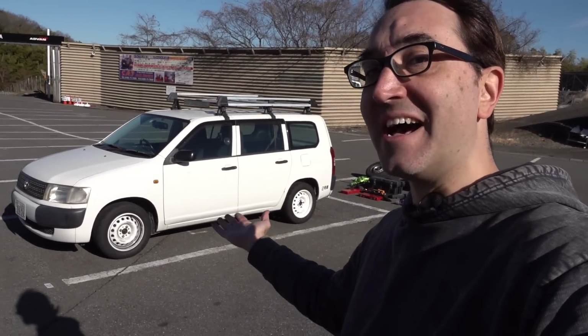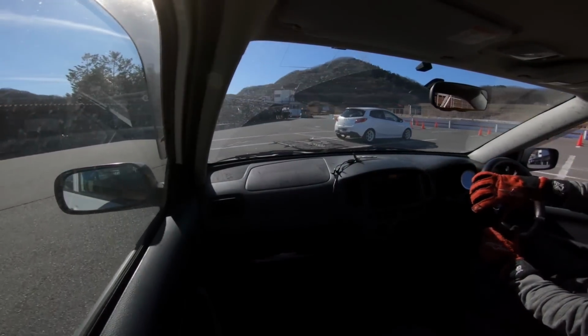It's like 5% louder than stock. I didn't pay all that money for it to be quiet. So in this episode, we're taking the car out on track. So we'll try and get the best time we possibly can with the car in this state. Then we'll go back to the workshop and I want to show you some parts that I've already ordered for it. So the way to do it apparently is you go over here